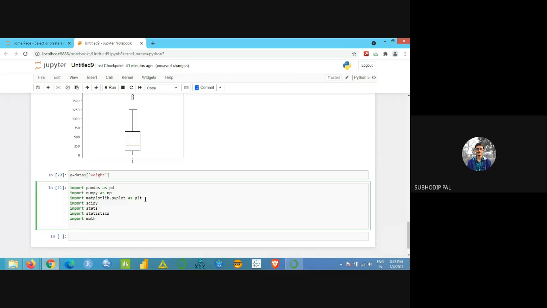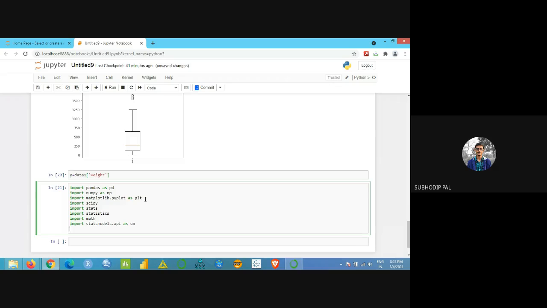And next is import statsmodels.api. That is also another library. The name is huge, right? So I'll shorten the name as SM: statsmodels as SM.